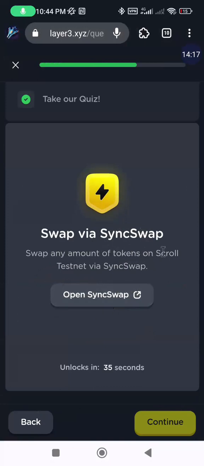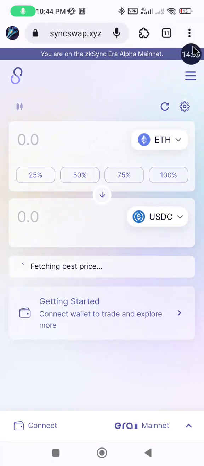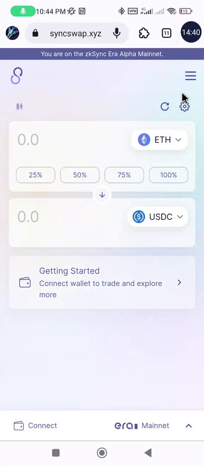We are not using any bridge again in this task. It's just a normal swap, but we are using SyncSwap instead of the other Scroll protocol. So on SyncSwap now,